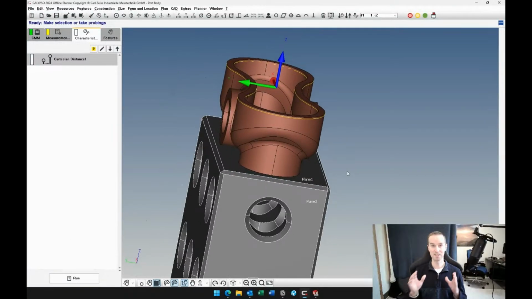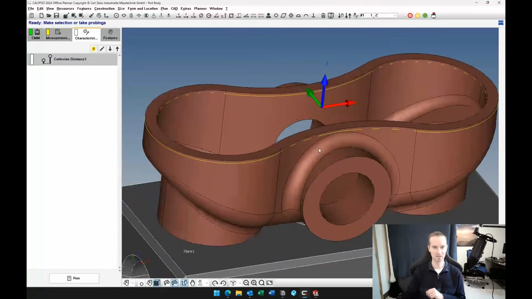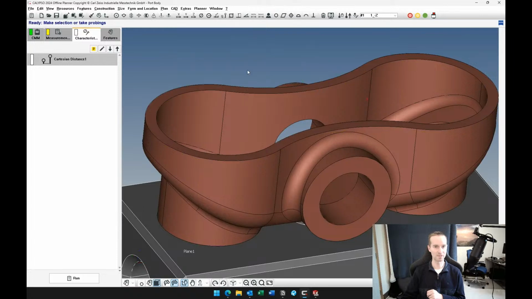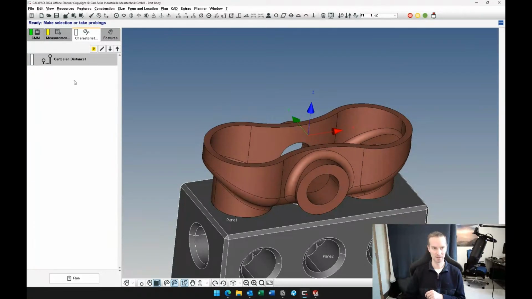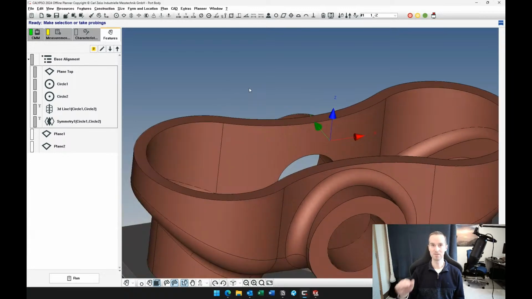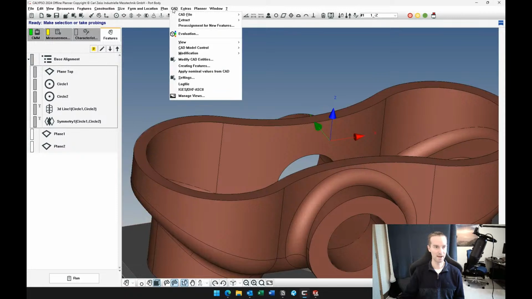All right, so now we can get into the meat of this, which is the profile. So you'll notice I have this yellow line, which is a section line on the model. And I'm going to remove that line first. We're going to add it in again. So anytime you're creating a curve, you typically need to section the model. So we're going to go to CAD, creating features,